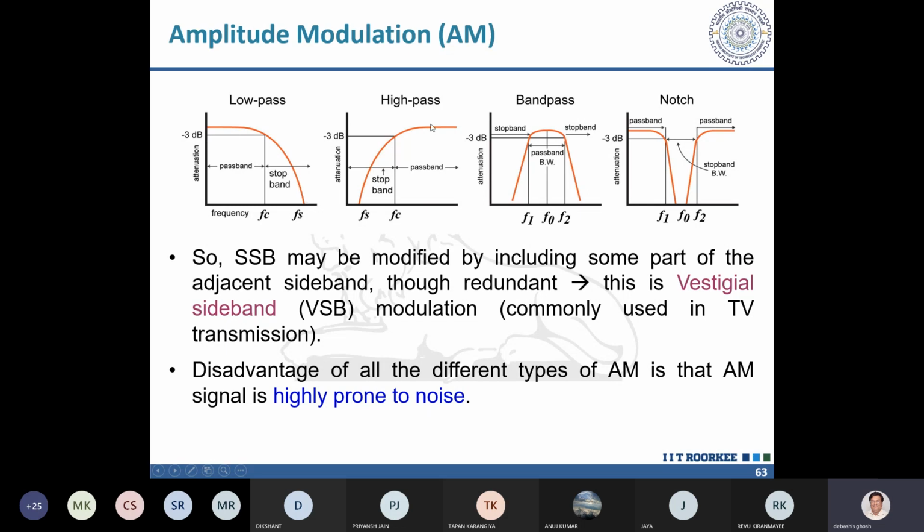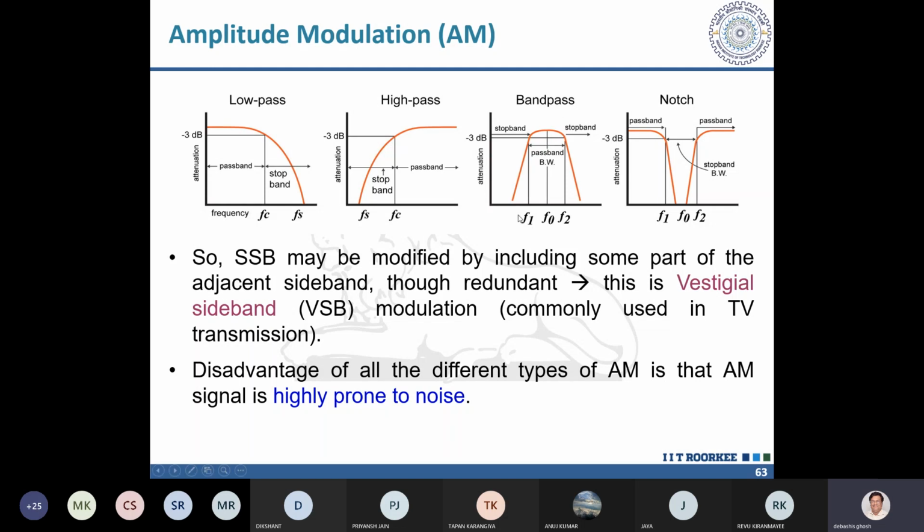Similarly, this is a high pass filter. It has a pass band, but there will be some transition like this. A transition band will be there. Ideally you should have a sharp cutoff like this, but practically you cannot design a circuit like this. You cannot build such a circuit, because of the components, the resistors and capacitors used in the filter, which create this problem.